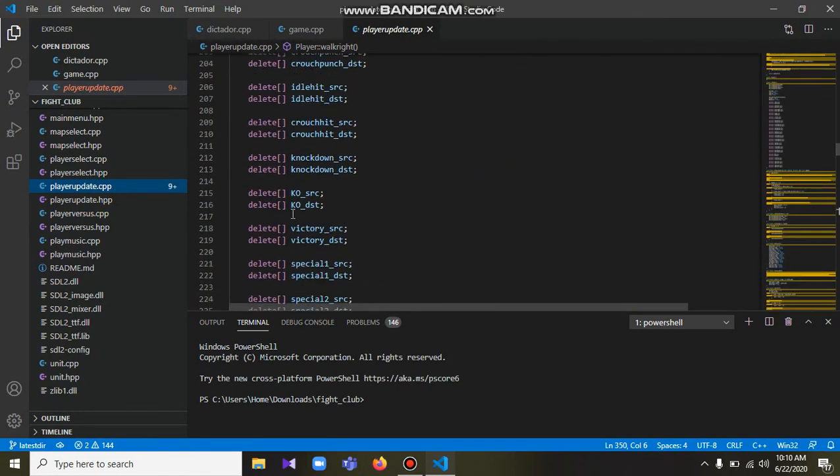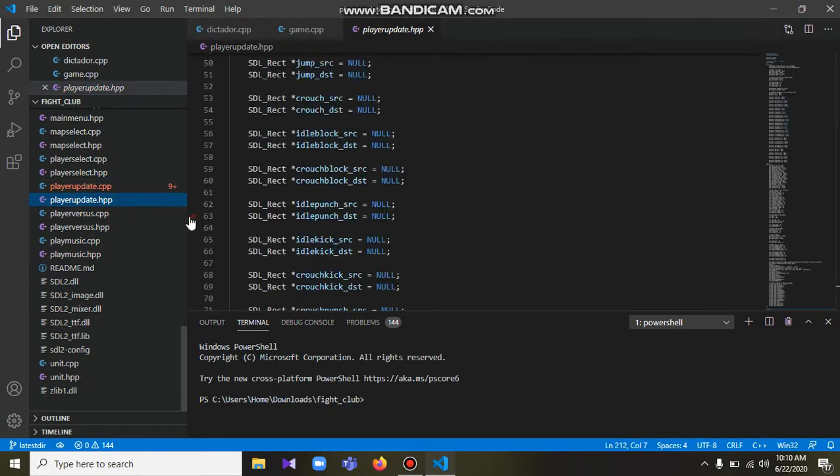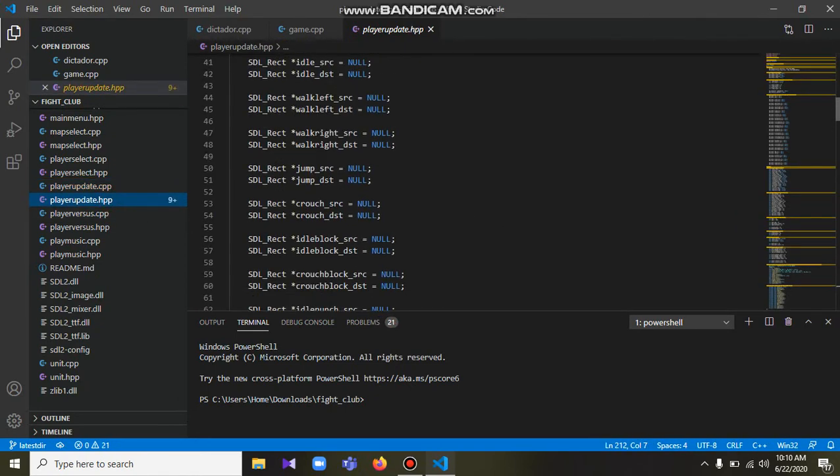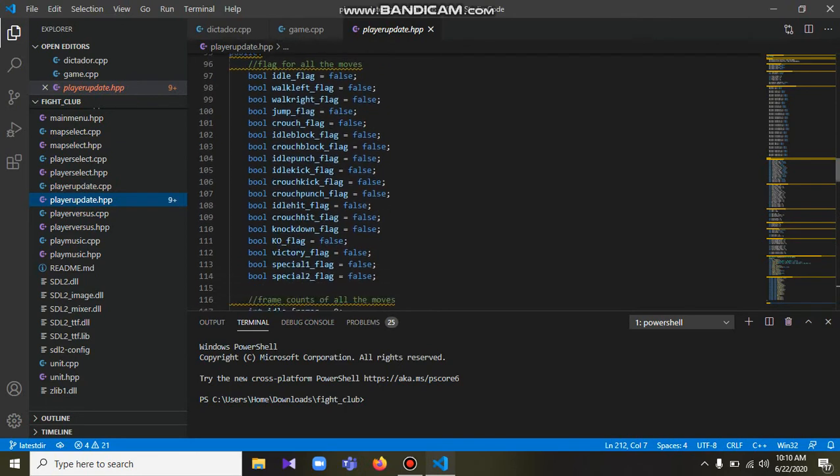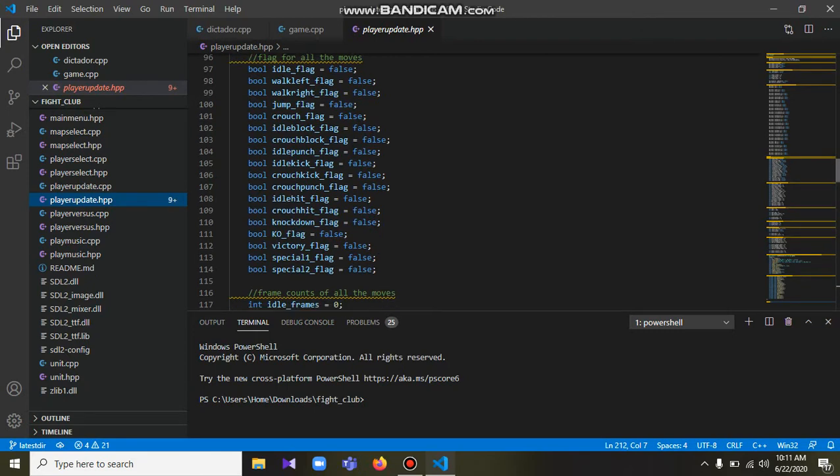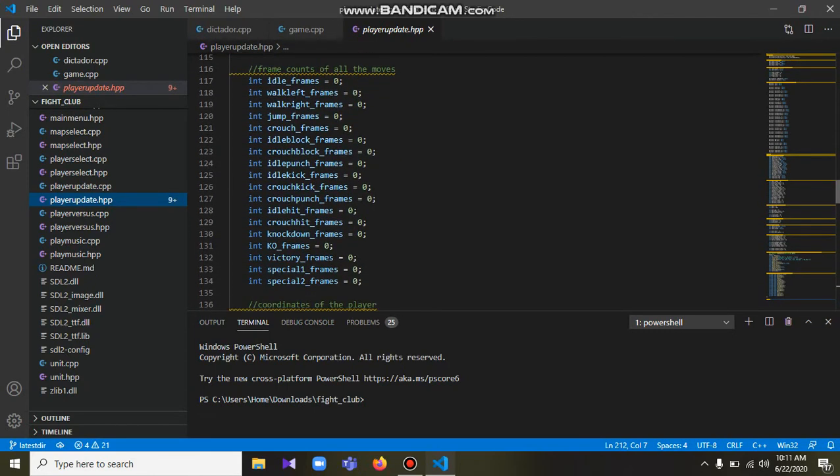As you can see, we are deleting these pointers because these pointers are basically the areas of the rectangles which we are declaring within the concrete player. So these are basically the flags for each of the moves, whether each move is being continued or not, is being called or not. These are the frame counts for each of the moves.